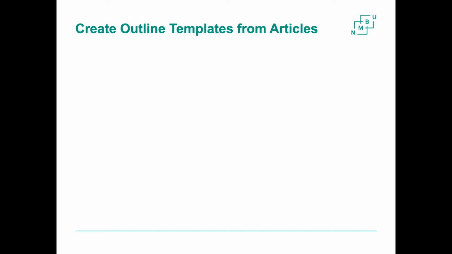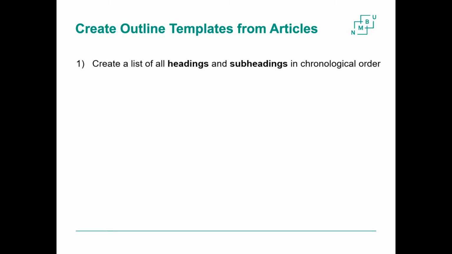There's no one way to create an outline for writing, so it's important that you try to find what will be useful for you. We really recommend that by creating these outline templates, you'll have a much better start to your outlining process. And it's a very simple process. Look over some of the articles that you have found fascinating that fit the type of article format that you are trying to produce, and create a list of the headings and subheadings in chronological or sequential order from that